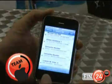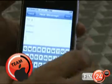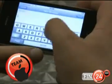I really like the built-in email application on the iPhone, and it's a good thing too because you're pretty much stuck with it. Apple doesn't let you use any other email applications on the iPhone, unlike the BlackBerry, which Jade is going to show you. You can install other email applications on. Composing mail is really good as well. It supports a number of fields, too. So there's your CC and your blind CC, subject, all the rest of it,